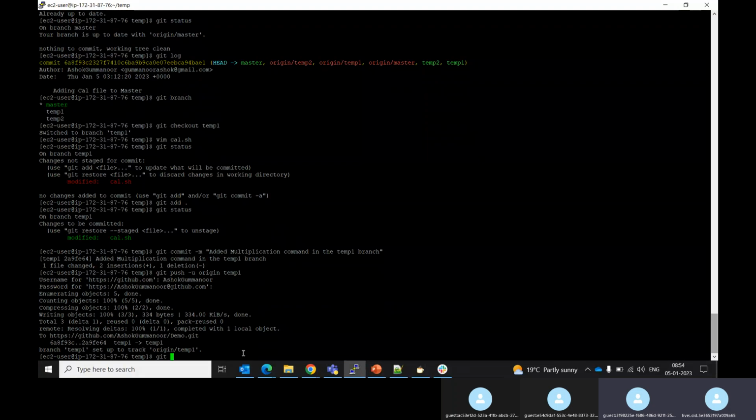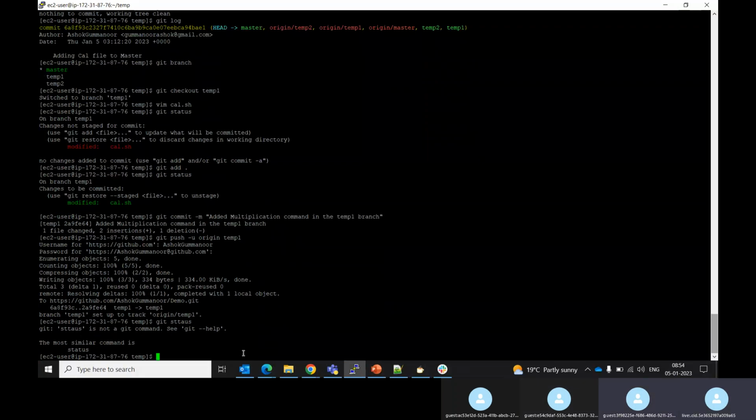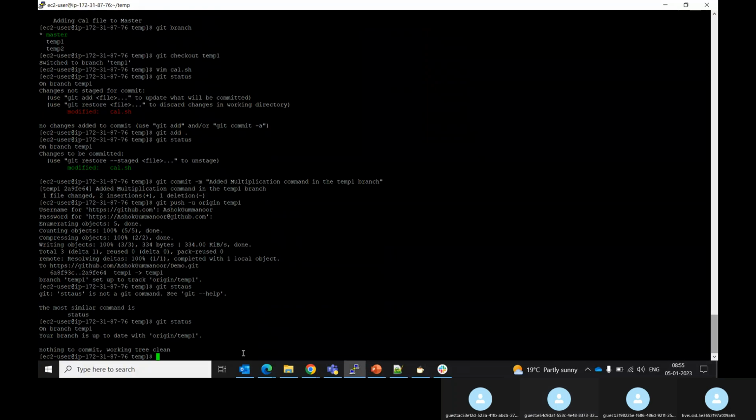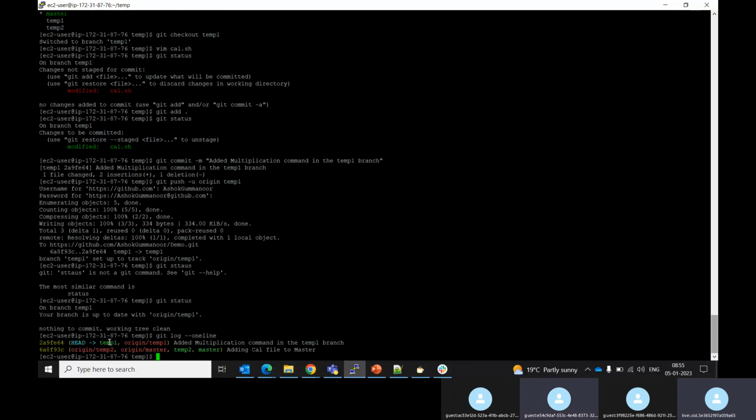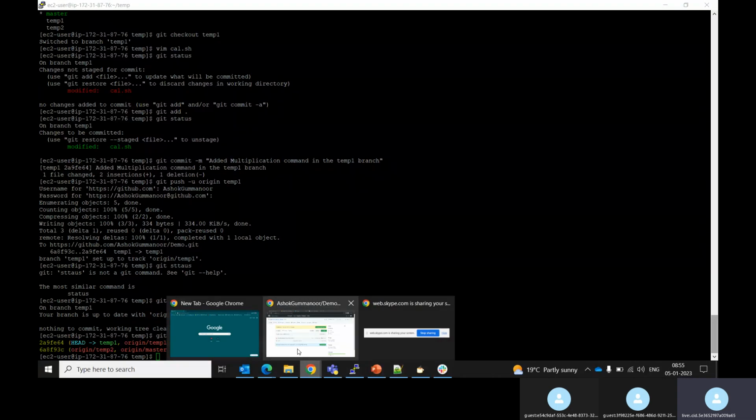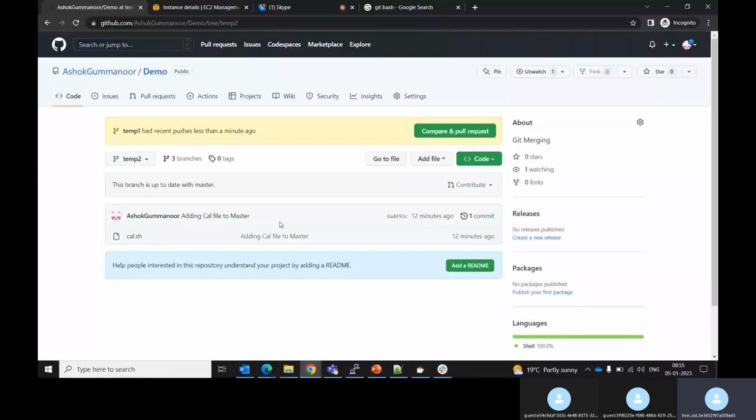Now, if you see git status, see now the head is organized into temp1 and the multiplication command has been added in the temp1 branch. Okay, now that's fine. Now I'm gonna do one thing. In the meanwhile, I also see it has been pushed and it is asking me to compare and pull request. So I'm gonna compare